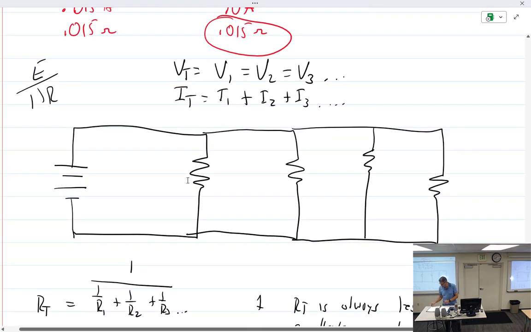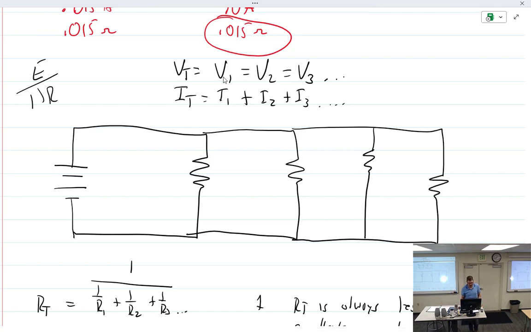An example. Let me see. Do I have an example? Parallel. Let's see. The only thing that changes is how you calculate resistance. Well, and Kirchhoff's law has changed. Voltage total is now voltage of 1 is the same as the voltage of 2 is the same as voltage of 3. So if we did an example here, we said this is 12 volts,